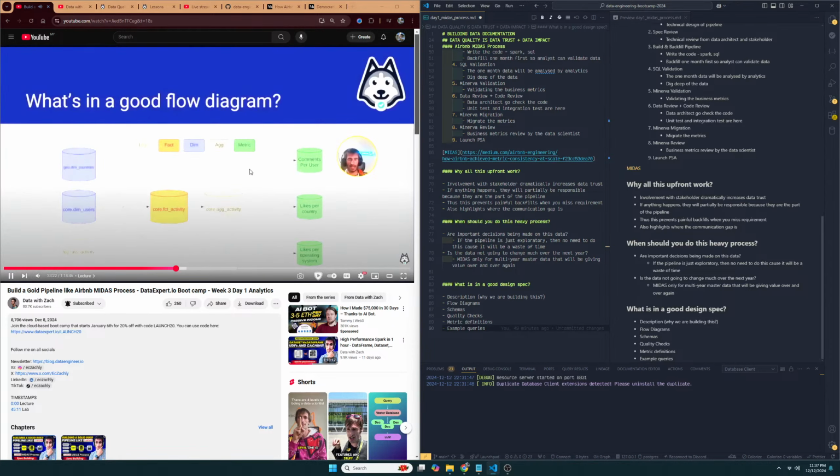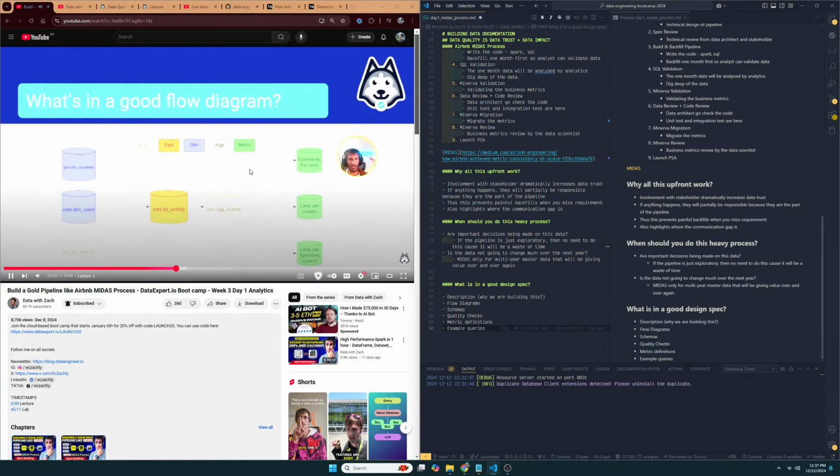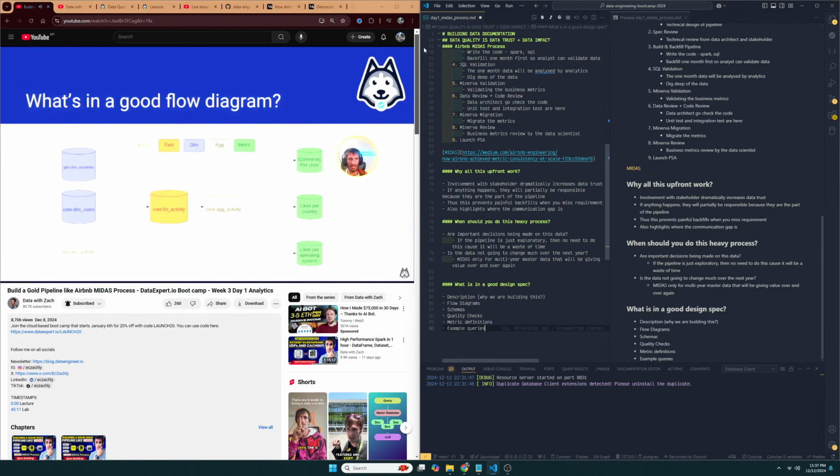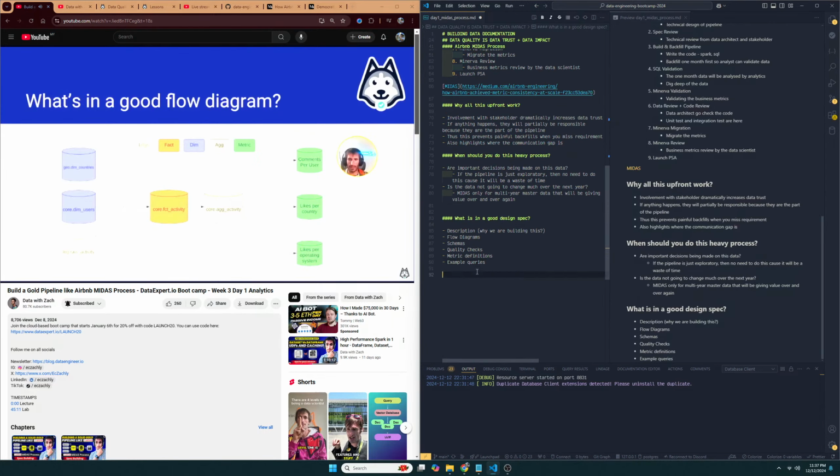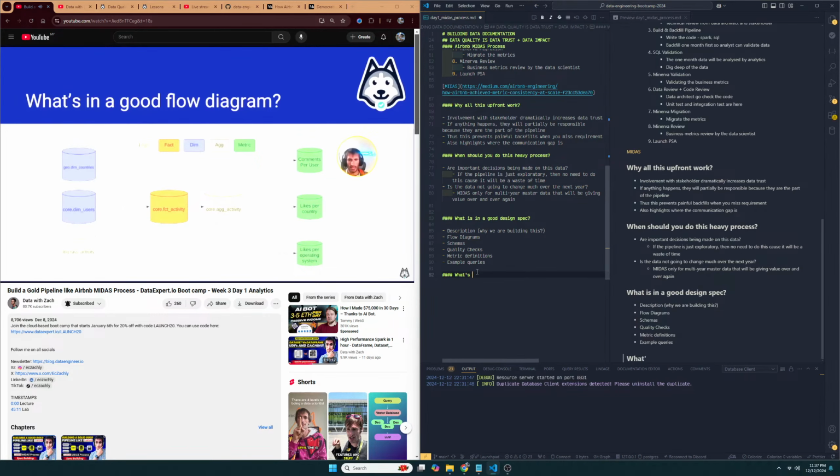Okay, let's go over what's in a good flow diagram. So here's a good example of one that might be in a MIDAS spec when you're creating your data. You see how we have our input data sets here. We have dim countries, dim users, and raw activity. And these three come together, and then they create this fact table called fact activity. And that is going to